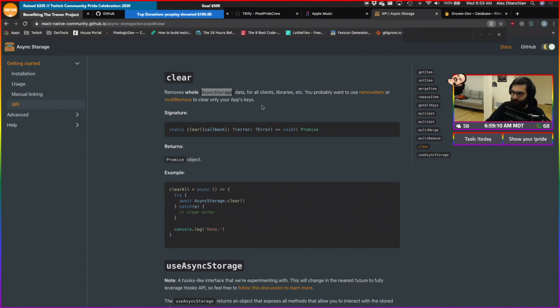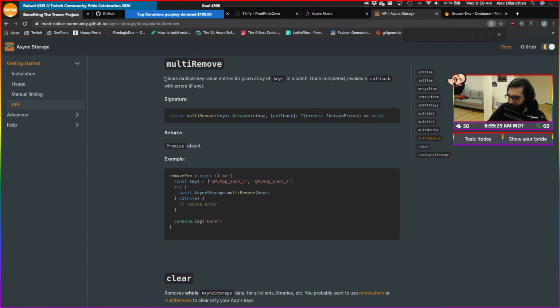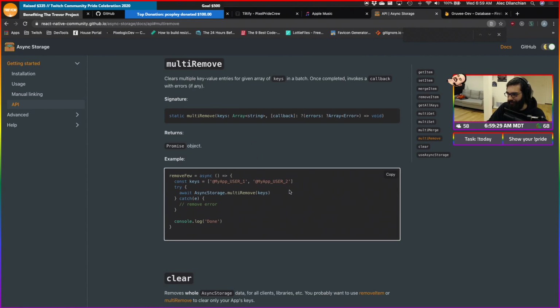We just wanted to use remove. I see. Because essentially if async storage is used in any of our libraries that we've brought in, it would actually mess that up. That's a good call out. We don't want to do that. So we're just going to do multi-remove. So clear multiple key value entries for a given array of items. Hell yeah. Easy. So we're just going to do that.